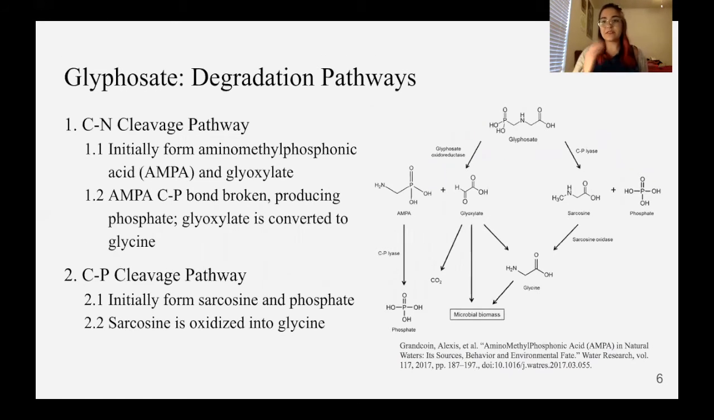The two main glyphosate degradation pathways include the carbon-nitrogen cleavage pathway and the carbon-phosphorus cleavage. Carbon-nitrogen initially forms the AMPA and a glyoxylate. The AMPA is a toxic intermediate of glyphosate. It needs to be broken down into phosphate through that carbon-phosphorus bond. Glyoxylate is converted into glycine. Carbon-phosphorus pathway,